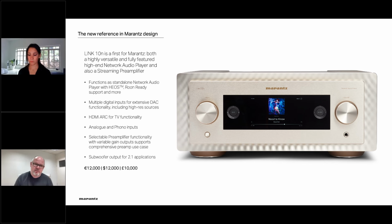However, what might also seem surprising is the product also includes analog and phono inputs, plus a subwoofer output. And that's because Link 10N can also be used as a streaming preamplifier. So in certain system combinations, if you so wish, you can pair this product with a Model 10 and then